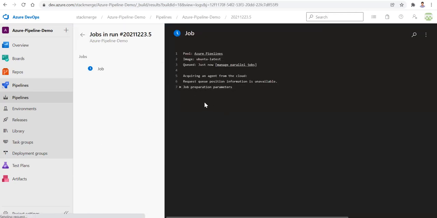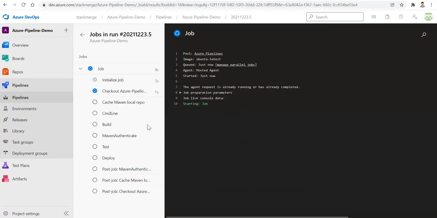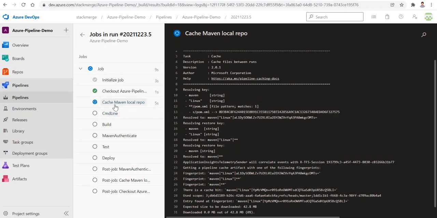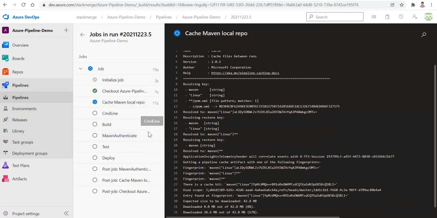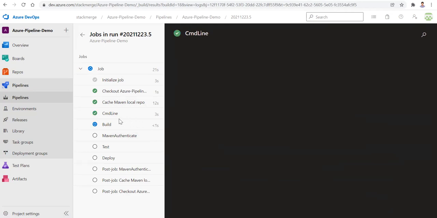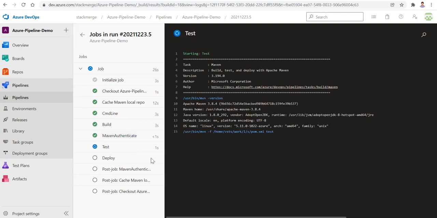Now it will prepare. Yeah, starting now. So local Maven is getting loaded now. We'll see. Yeah, 12 seconds. 3 seconds.